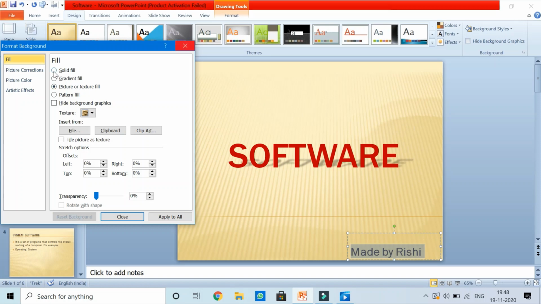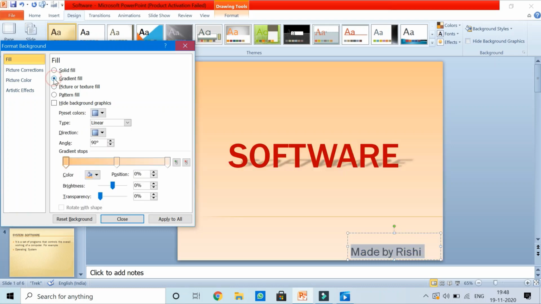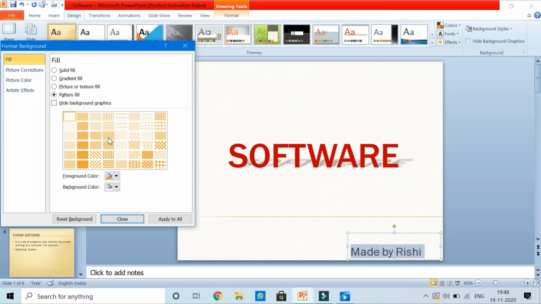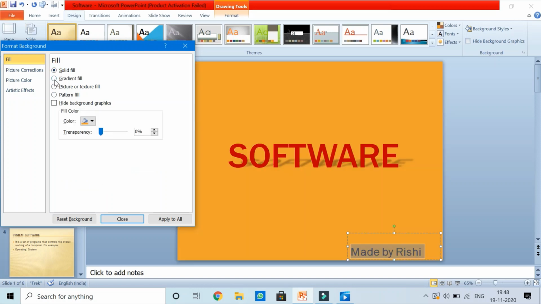So you can choose, like if I want solid color, I can go for solid, or if I want gradient fill, I can go for gradient. If I want some picture fill, then you can do the picture or texture fill, or pattern fill. So choose the pattern from here, whichever you feel like. This way the slide takes that change in the background. Now I'm going for gradient fill.